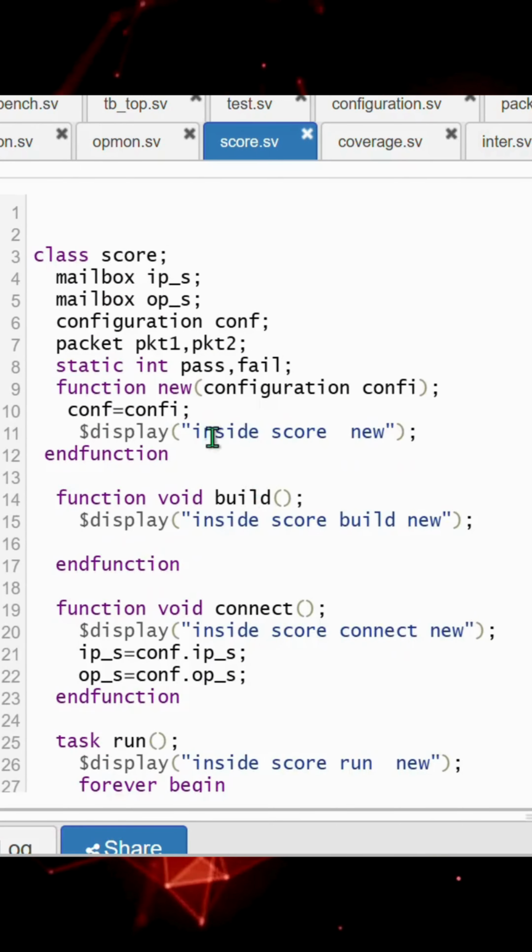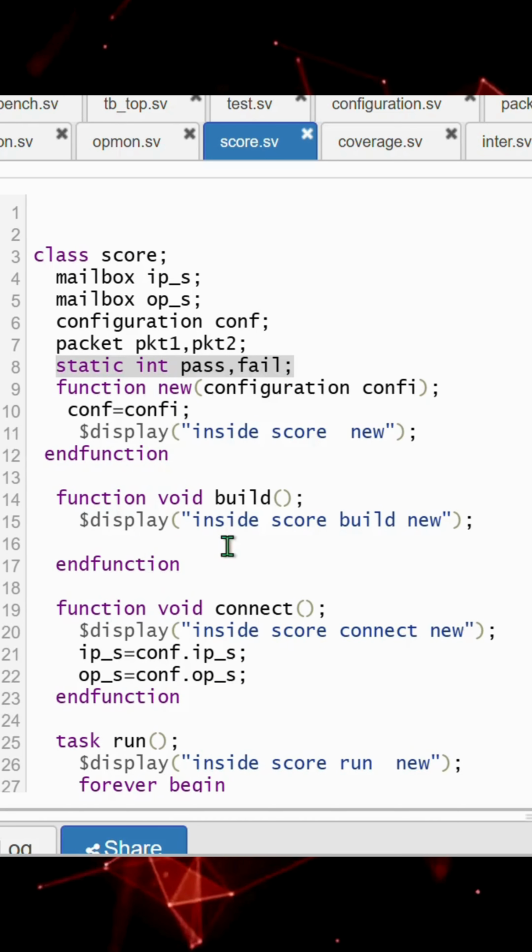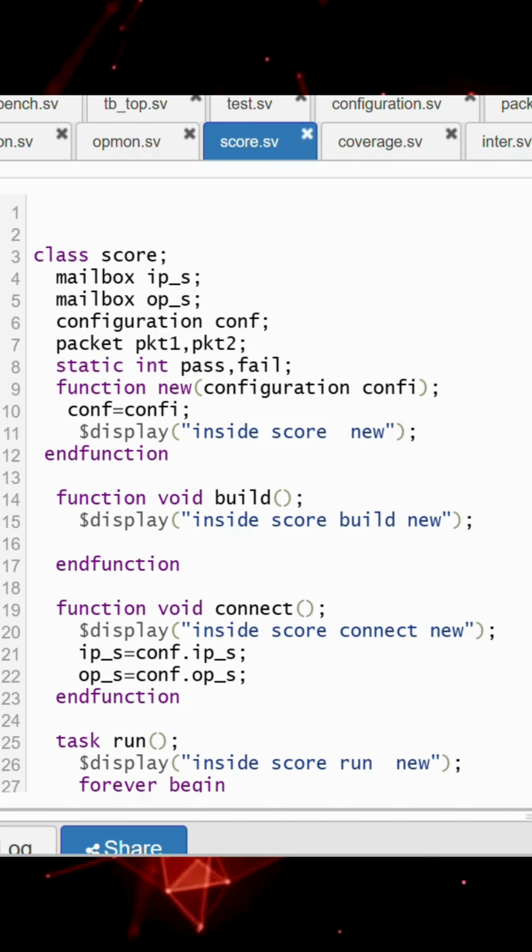And here we have used the static keyword for pass and fail, because an SV class, or a class in any language, works as dynamic in nature, so we will give it a static behavior, because it should create that memory and overwrite the memory, not create new memory. So count should